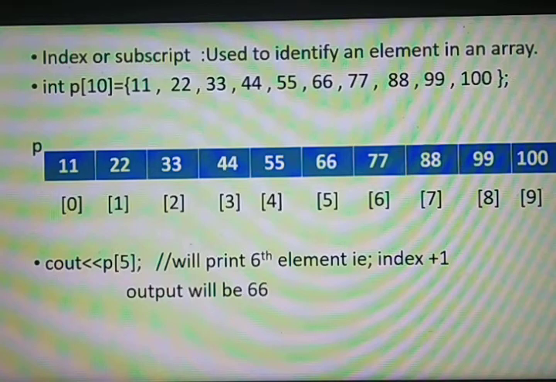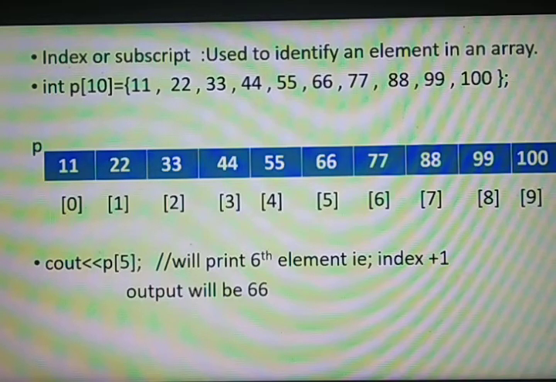So what will happen? p will have continuous memory locations. Okay? So where will 11 be allocated? 11 will be allocated in p of 0. So how does the index value start? The index value always starts with 0 and ends with the size of the array minus 1, here 10 minus 1.